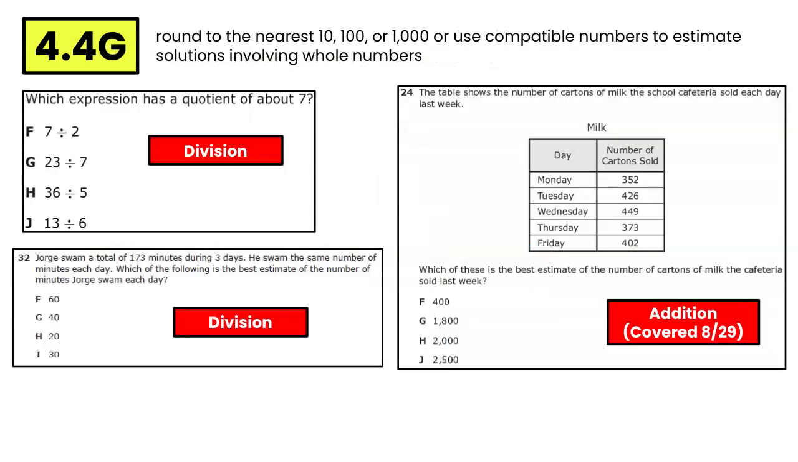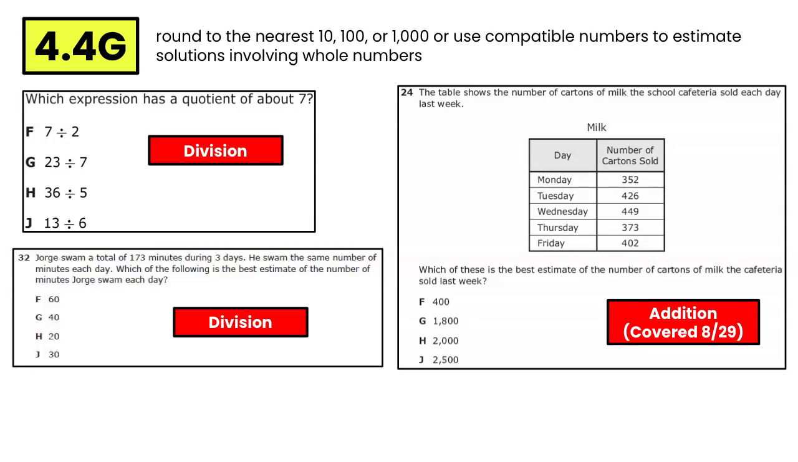Moving on to the next TEK that you'll cover on Tuesday, 4.4G, what you'll notice about the released items is that 2 of them involve division, which we haven't covered yet in 4th grade, so we're going to hold off on those released items for now. And then the other one involves addition. And since we're talking about multiplication, we don't need to worry about this star released item because you already covered that back on August the 29th. So we aren't going to have any released items to really use to plan our lesson for Tuesday,